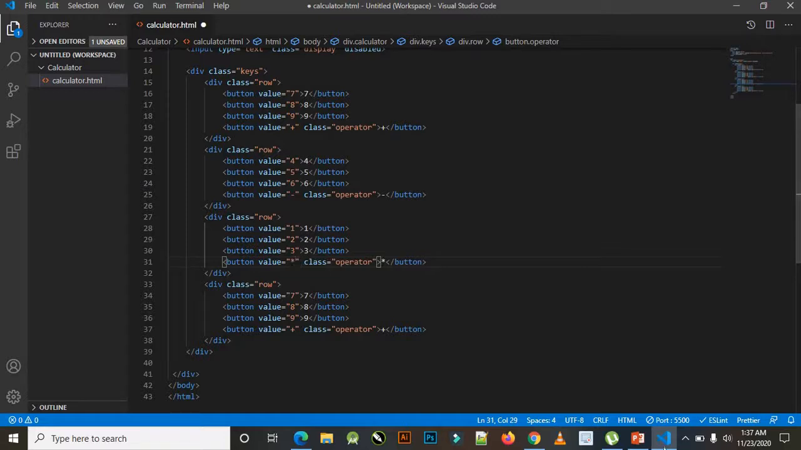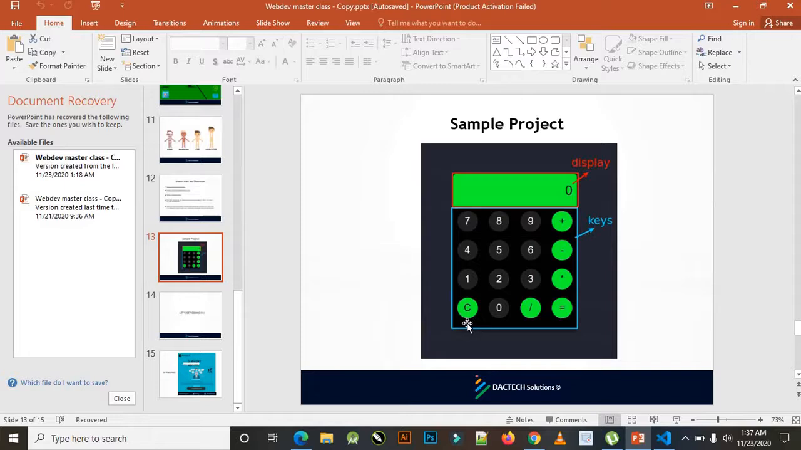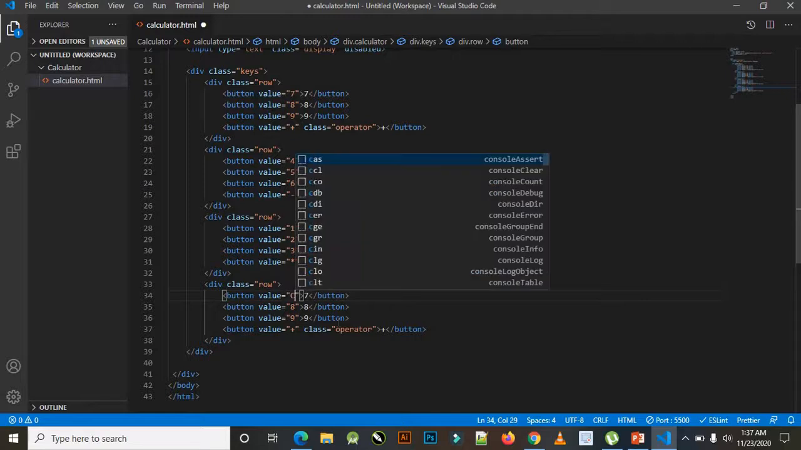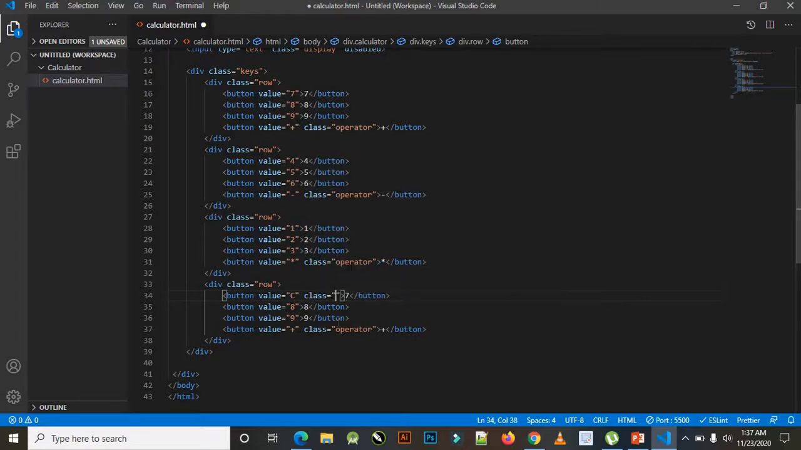As well, apart from that, the last set of rows we've handled for this, we've handled for this, we've handled for this, so this is the last one. Since this is going to be an operator, we give it a class of operator as well, and we call it C. We also have a value of